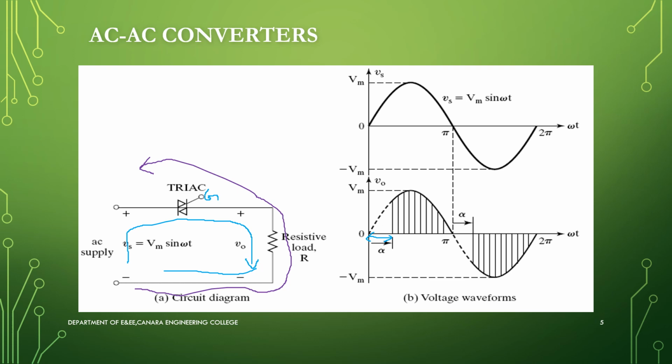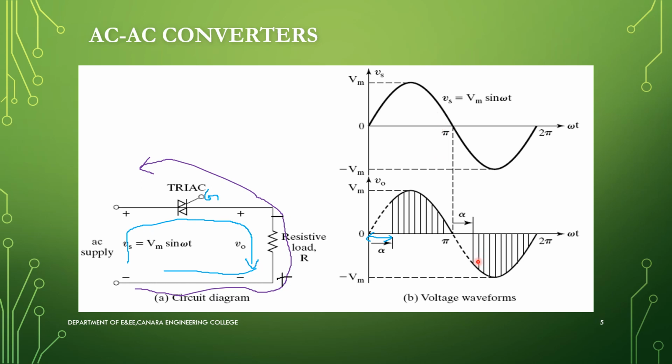Thereby, your polarity will change to this is plus and this is minus. So you can observe here it is positive during the positive half and negative during the negative half, because you can see during the positive half this is plus minus. Next, during the negative half the direction of the current is changed, and you can see that the gate is triggered at an angle alpha. So the firing angle is alpha. Fixed AC gets converted to variable AC.